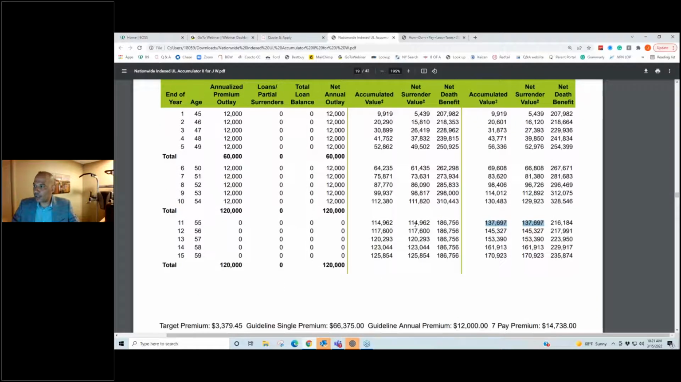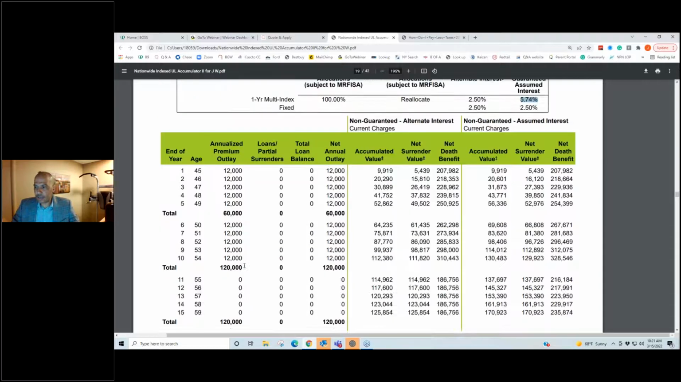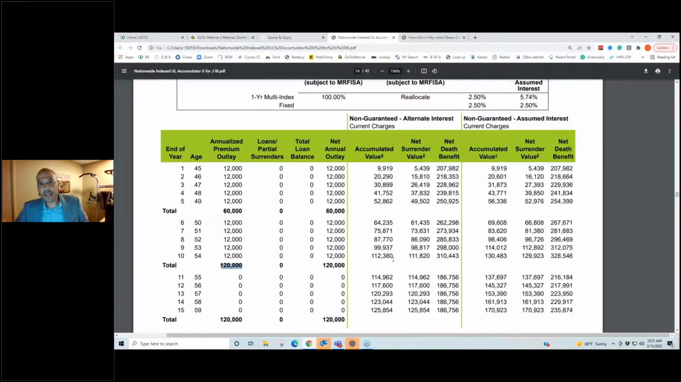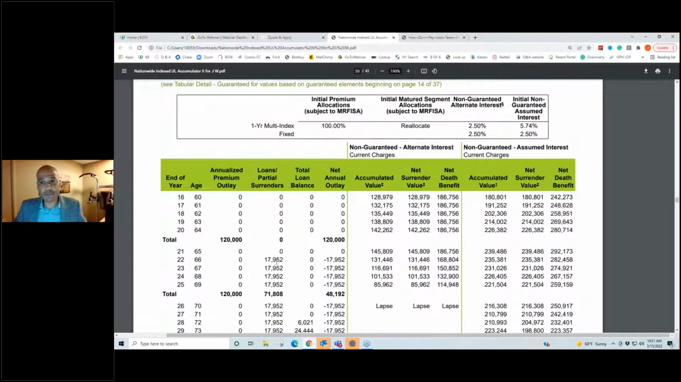So here's how this works. We're running this at a 5.74% interest rate. Now look at, I put in $120,000. I let this money accumulate over time, and at my retirement age, I have two options. I still put in 120, correct? I have access to about